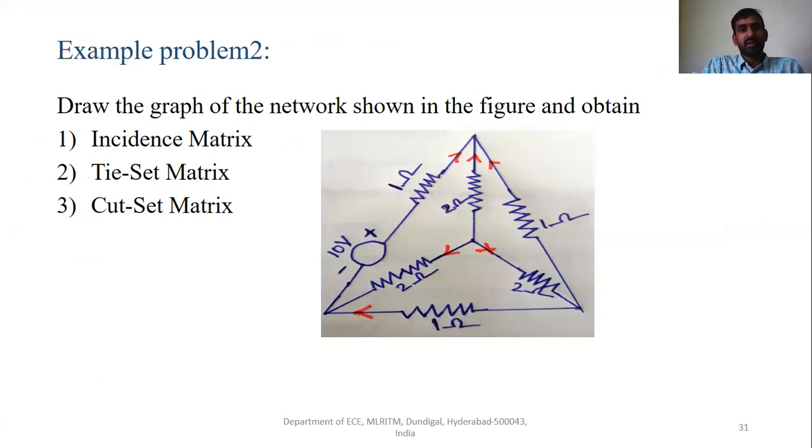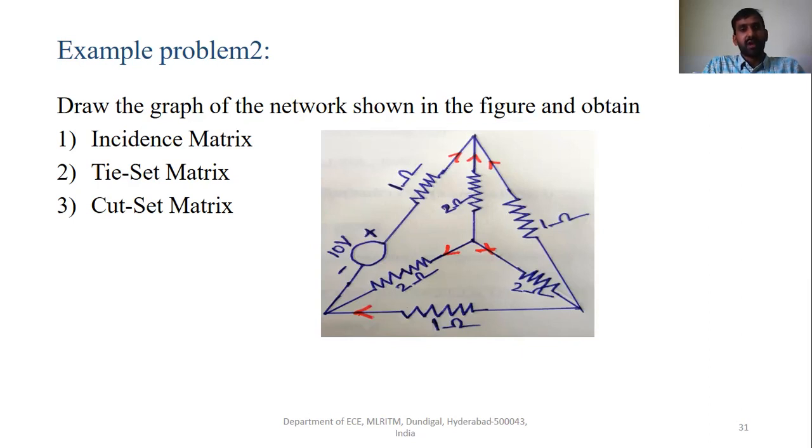Whereas here they have given a network where the current directions of each and every element is shown, and they asked to obtain the incidence matrix, tie-set matrix, and cut-set matrix.